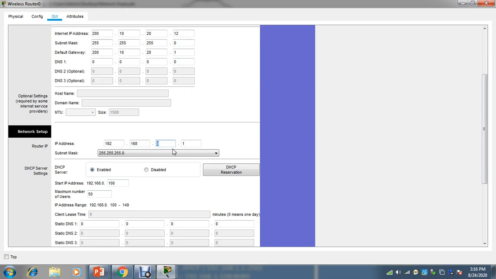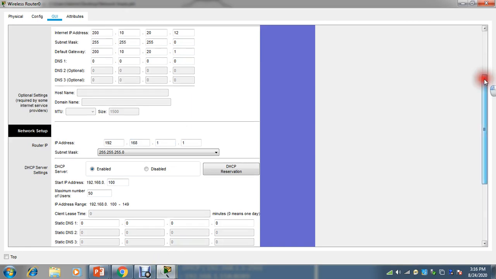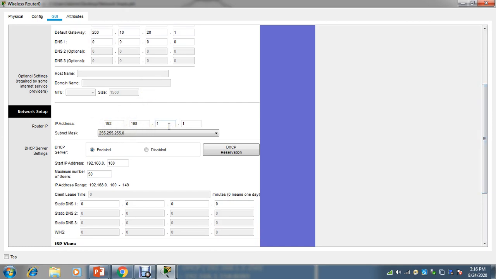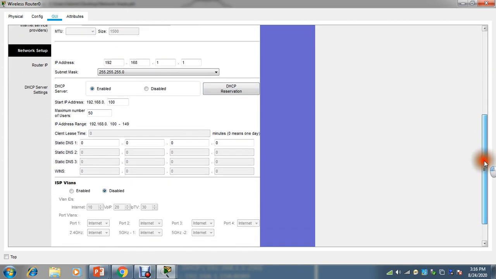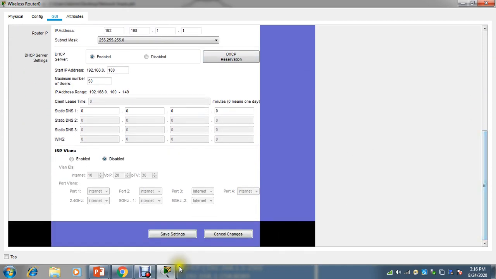Here in the network setup, you choose how you want to connect and what IP your device should take to connect systems inside your organization. So I'm giving 192.168.1.1. This IP should be given to my remote devices, wireless devices. And here you can configure DHCP reservation. So first of all, this router should have certain entries of some devices. So this much information you need to provide here, nothing more than this.